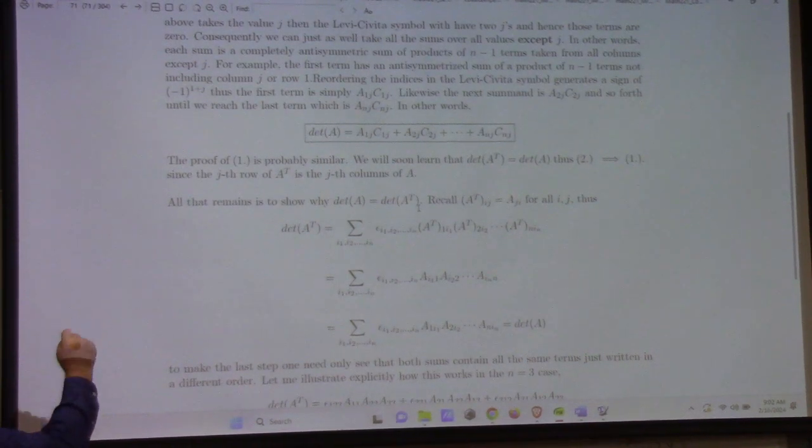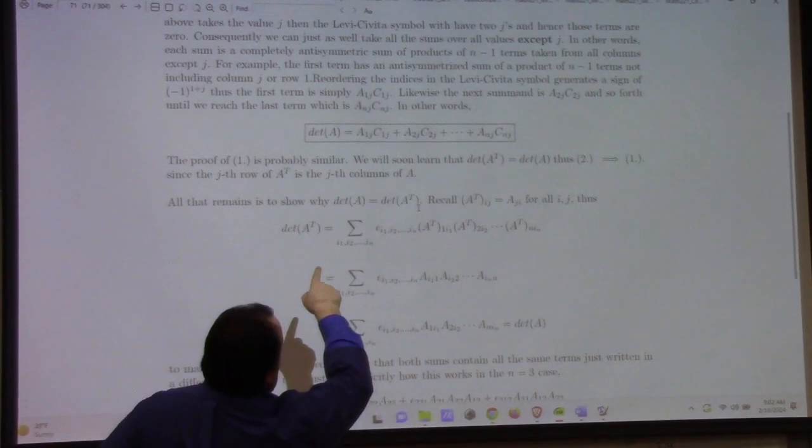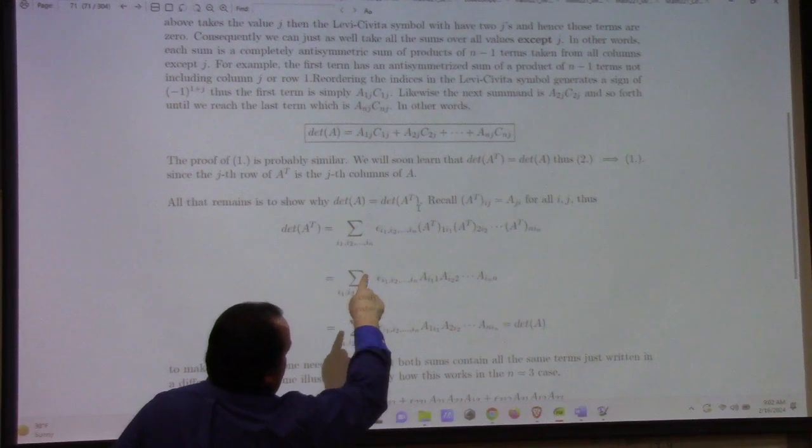And so this boxed formula right here says that you can write the determinant as a sum. You can use the cofactors, you can sum them across any column or any row, actually. So I think the one I have here, A1j, A2j, that's a sum across. What happens is, if your row index is going 1, 2, and so on to n, you're actually